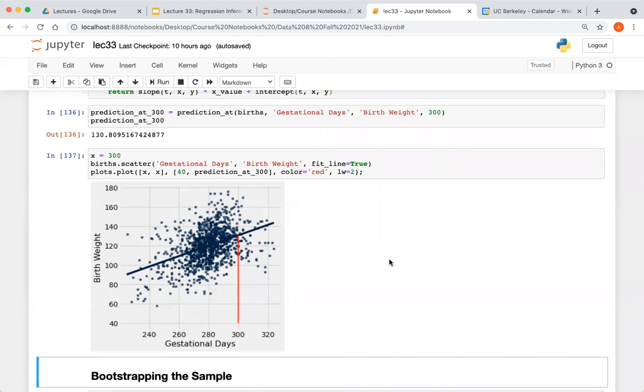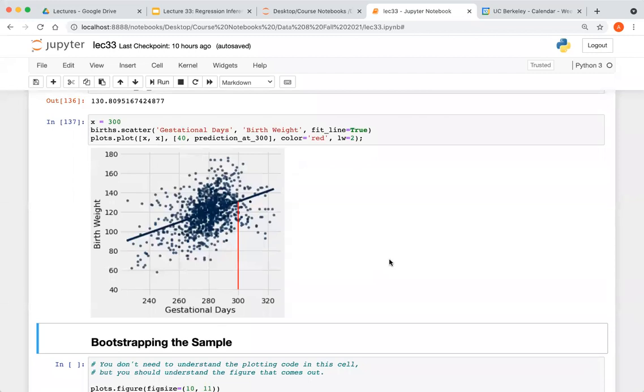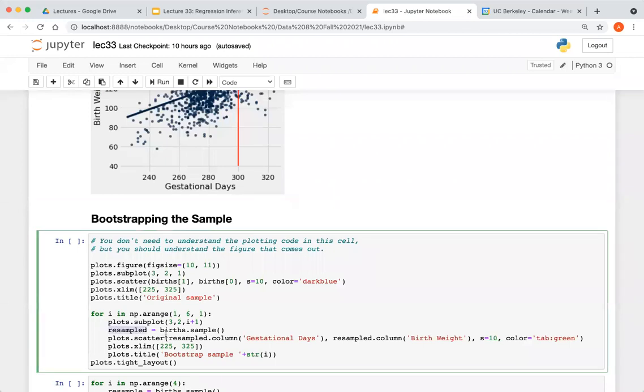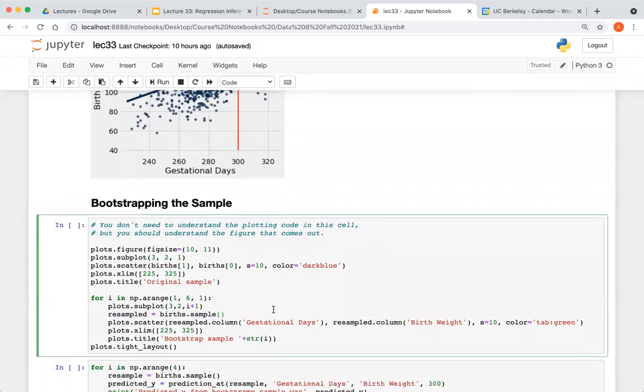What's n? The same number of times as the original. Yes, exactly. And the code for that is right here, this line. You take your table and you sample, and the default is to sample the same number of times as the original table with replacement. And this code is not something that you need to understand, but you do need to understand that we have bootstrapped the table. And what we are doing is every single time we are